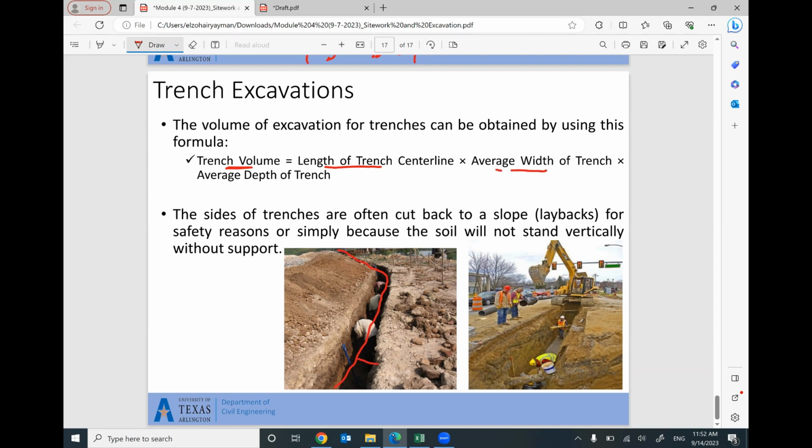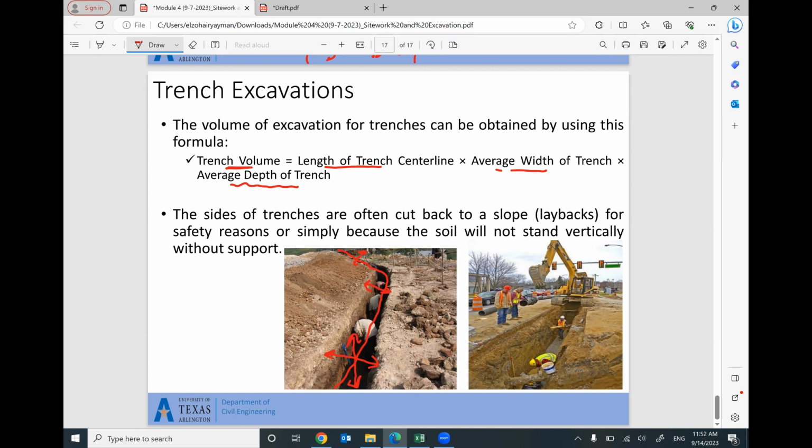If the width is changing, go ahead and define the average. If the width is like this one, we are using one width. But if the width is changing, we are going to use the average. Add the different widths divided by how many of them. Times the average depth. What is the depth